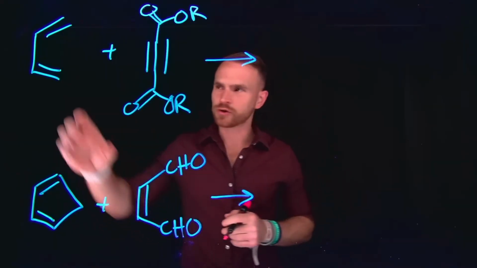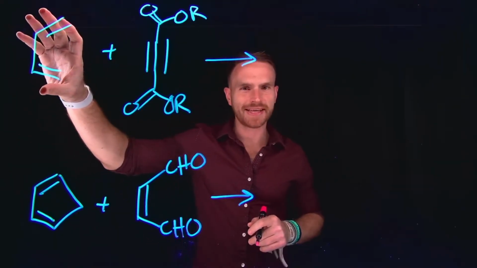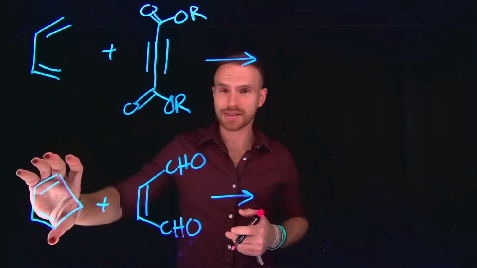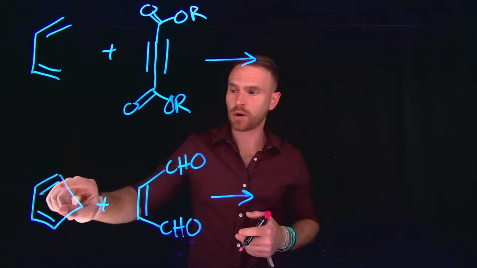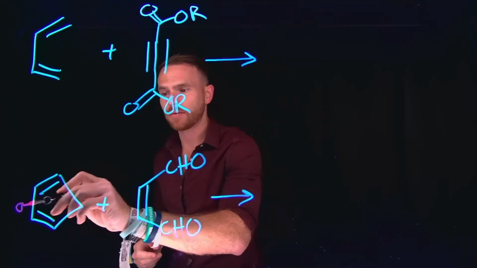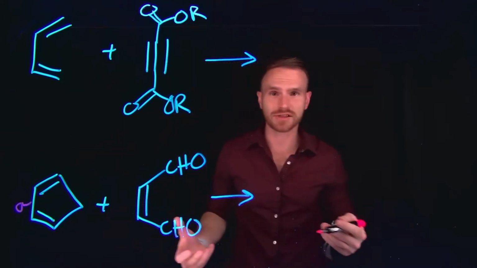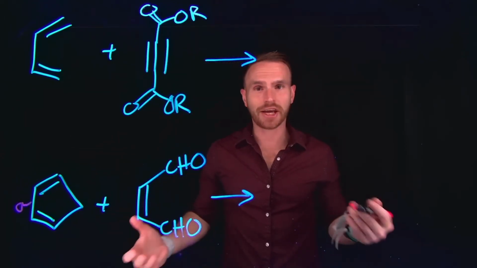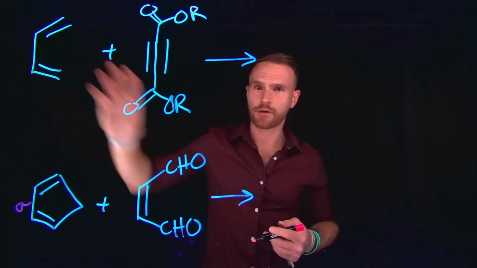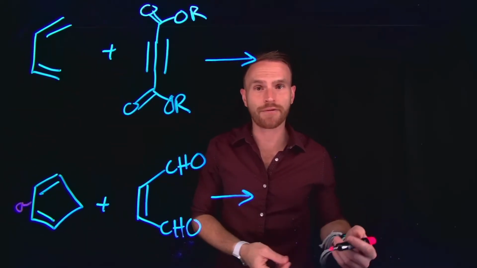Importantly, Diels-Alders require that the diene be in the s-cis conformation in order to proceed. So for that reason, any time you have a cyclic system that locks the position into the s-cis conformation, indicating that around this sigma bond, the alkenes are cis to one another, this is actually going to speed up the reaction. Now, once we have our diene in the s-cis conformation, it can react with any dienophile that contains a